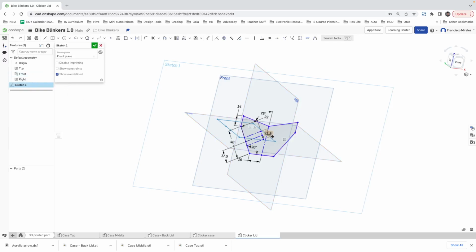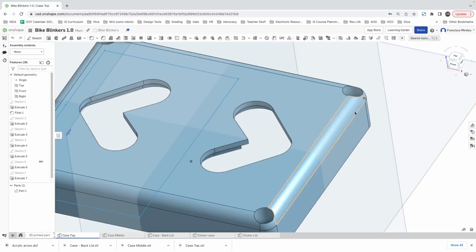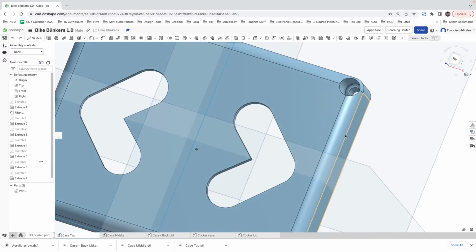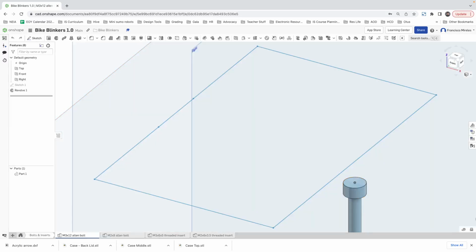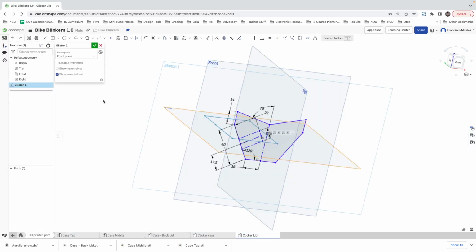Awesome. Something that really matters to me is that the bolt heads are hidden. So this is a distance of 6, I remember that. And then I just need to cover the head of the bolt. And for that, I can just go back to here, bolts. This one, I think it's 3. I'm pretty sure it's 3. Yeah. All right, so we can go back here, 3 printed parts, clicker lid, and I can extrude